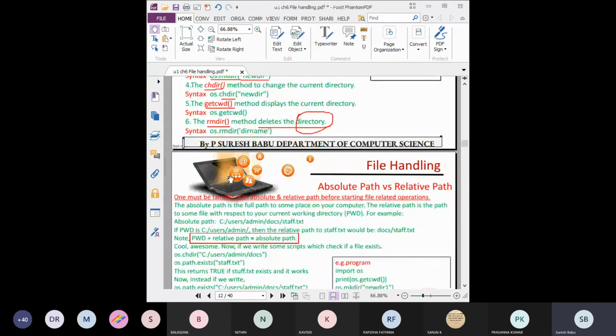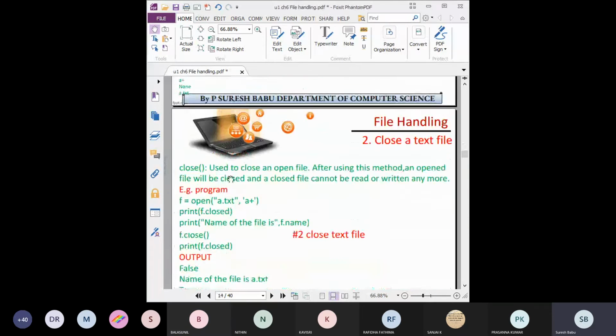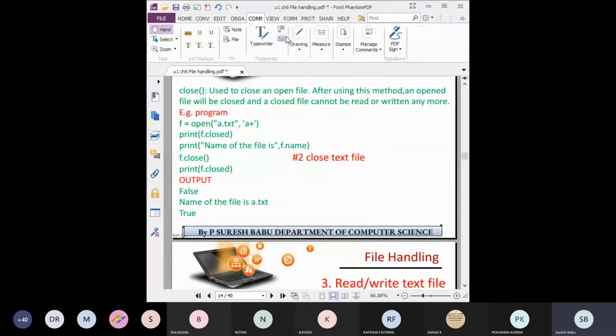Okay. So opening a file, you already know. The open function is used to open the file. You have to mention the file name and the access mode. This is the method used to open the file, and you have to give the object. By using the object, we can use all other functions. Then closing a text file is very simple. Just use the object name dot close function. That is used to close the file.